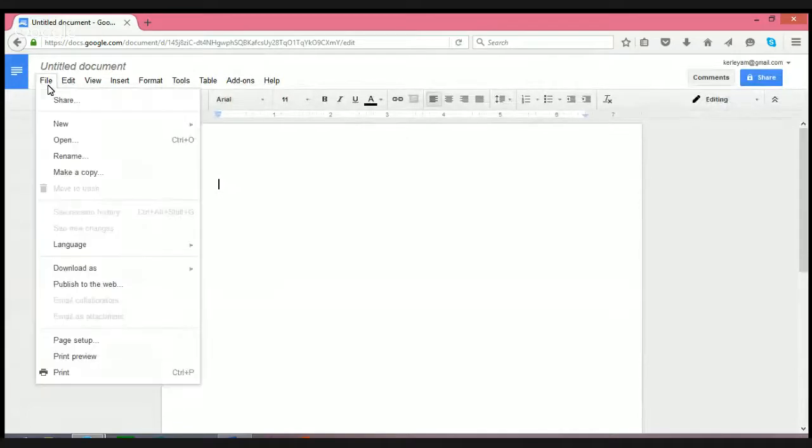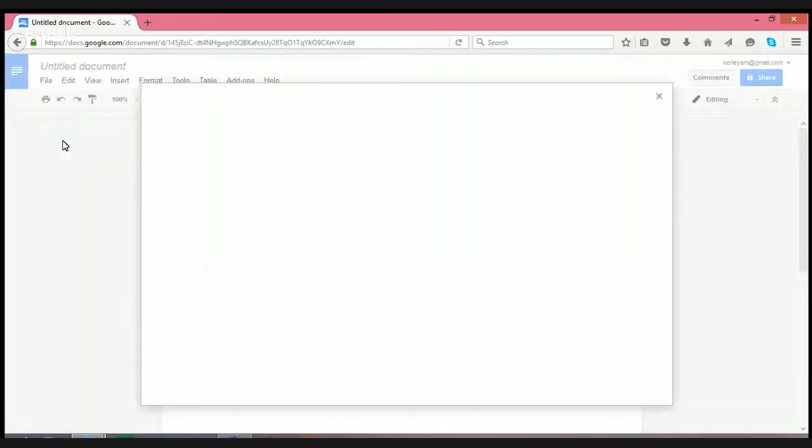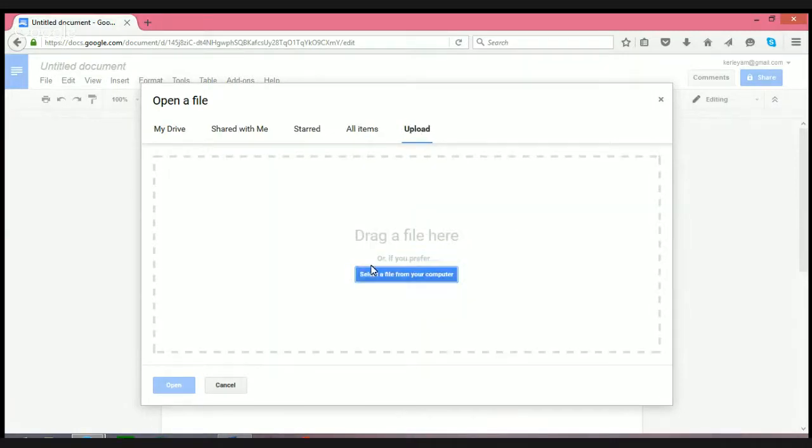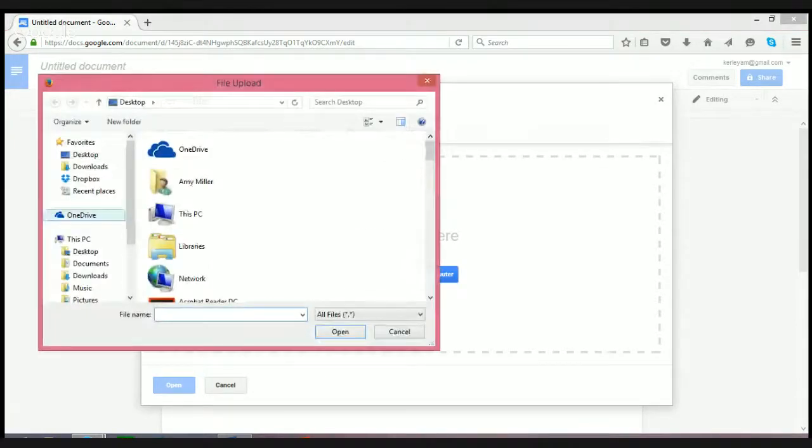Go under File, click Open. And then go to Upload. Now you can drag and drop, as you can see, but I will go ahead and select a file from my local computer, which I have saved to the desktop.